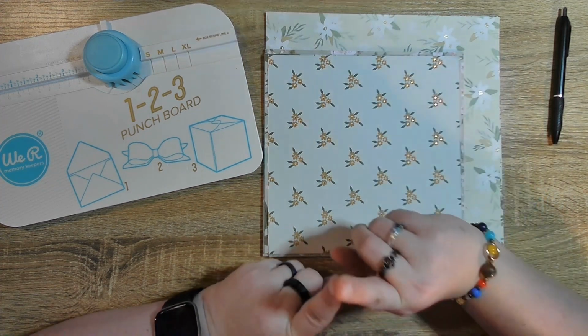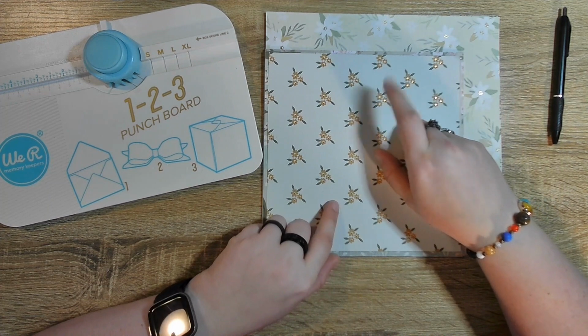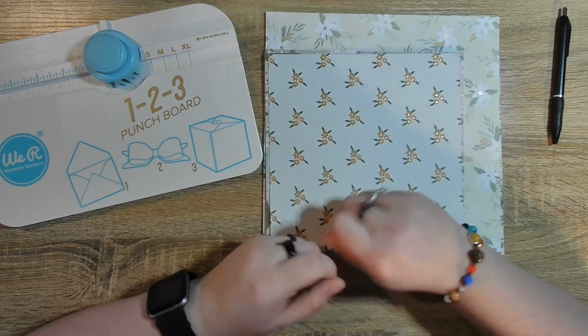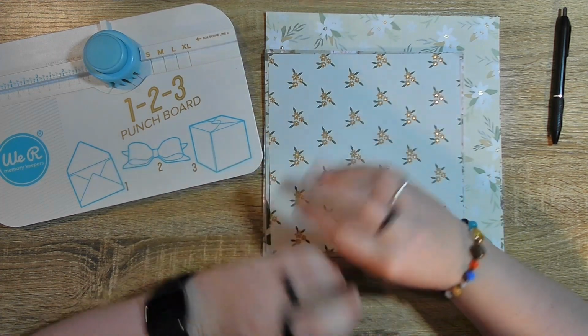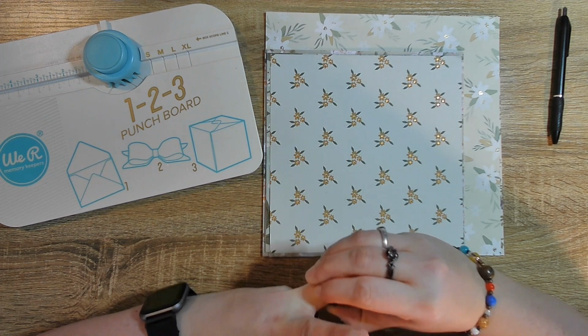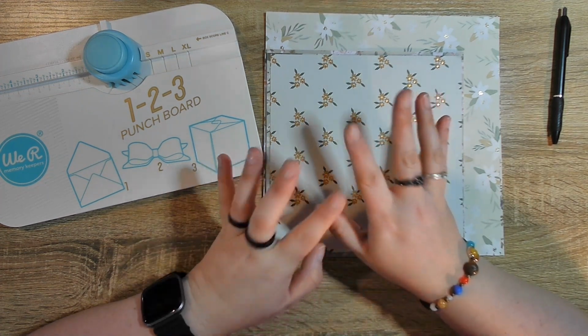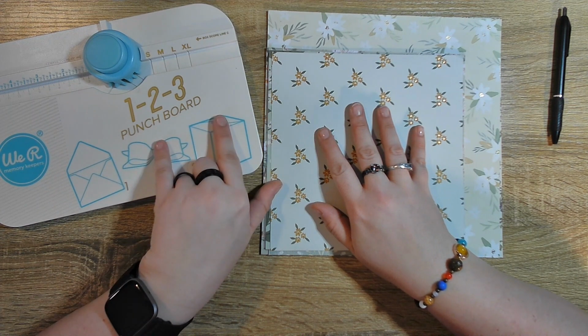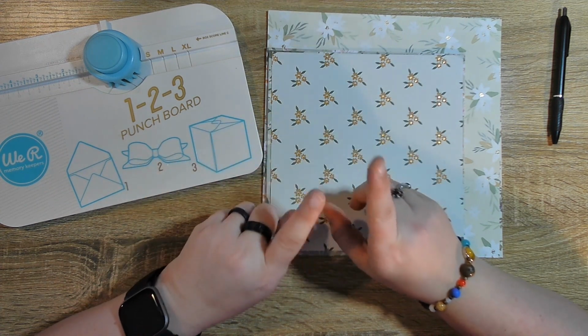I don't know where my Cinch is. I got to pull it out. And some spiral binding because I looked and I don't have any of the twin wire binding left. So we're going to use spiral binding and my Cinch from We Are Makers, the We Are Makers 1-2-3 punch board. And this is going to be part one